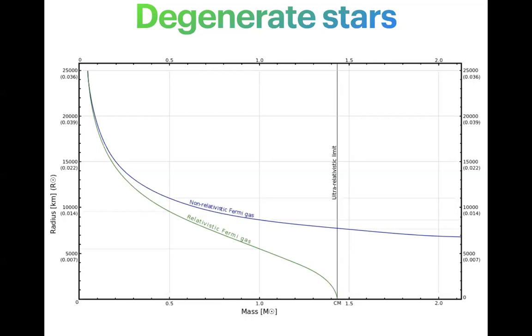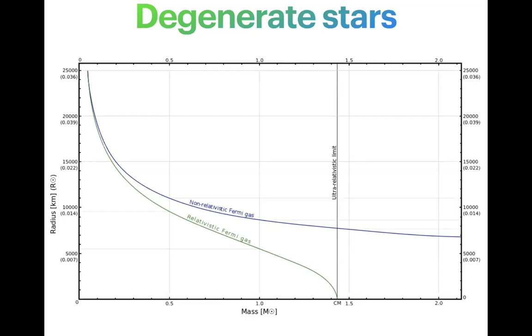And so that limit is actually a limit to the largest possible mass for a white dwarf. So if a star is above 1.4 solar masses, there will never be enough degeneracy pressure to keep it from collapsing, right? And why is that? Well,